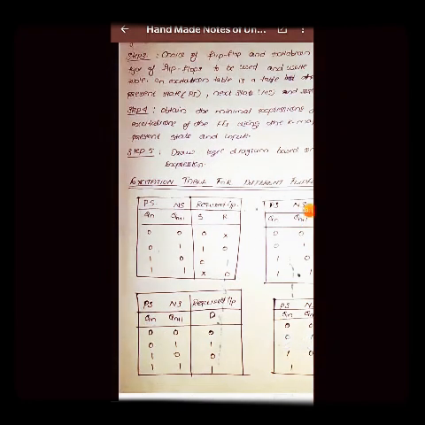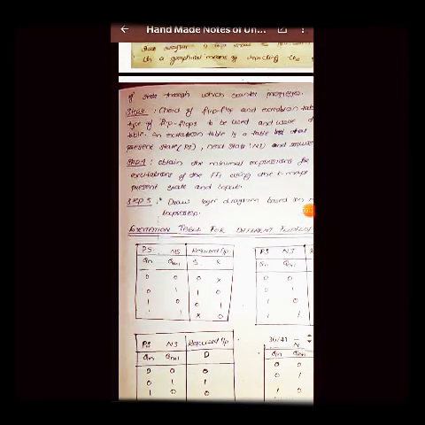When we study this table, these are some outputs, Qn values and Qn plus 1 values. It means their outputs are 00, 01, 10 and 11. For these outputs, we need to see all values of inputs S and R. Suppose we take the SR flip-flop table and the outputs 00. So what are the corresponding inputs? S and R are inputs. Outputs are 00, so if you look at the characteristics table above,